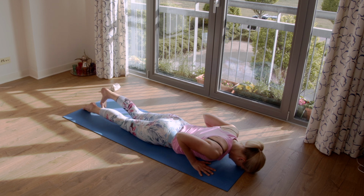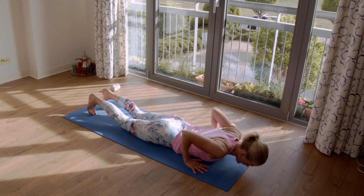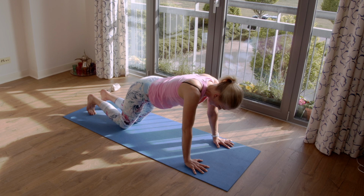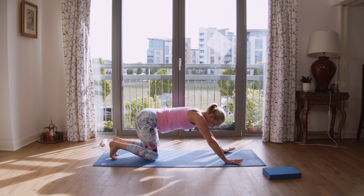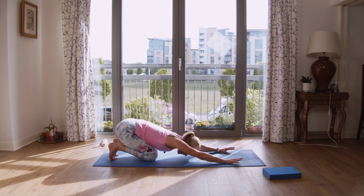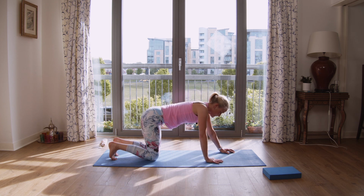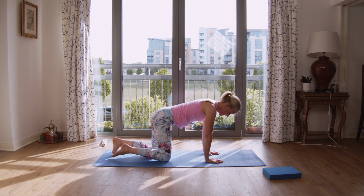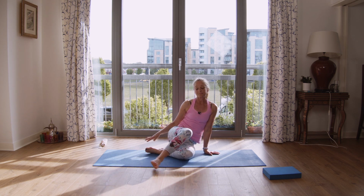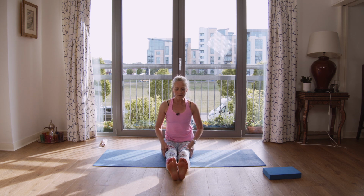We're going to come out of this by tucking our toes in, pressing our hands into the floor, pushing your bottom up, really coming into that half press up, drawing yourself back, stretching yourself back onto your heels, and then coming back up onto your hands and knees. And then from there, we're just going to sit down and we're going to bring our feet forward,